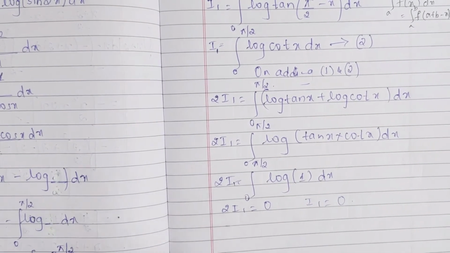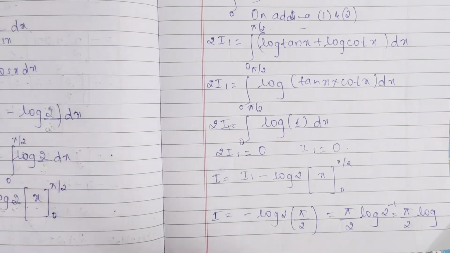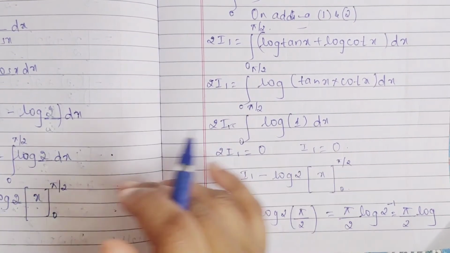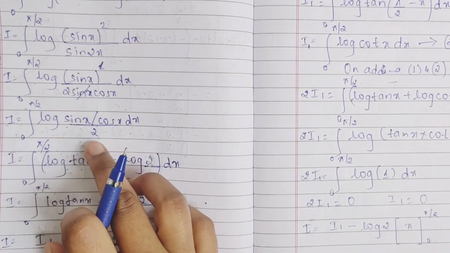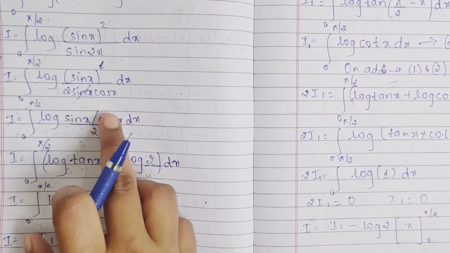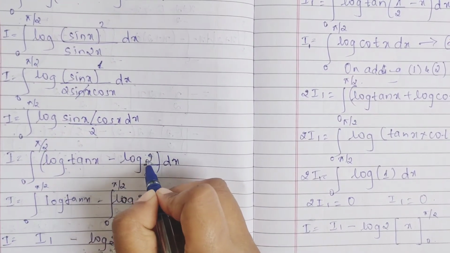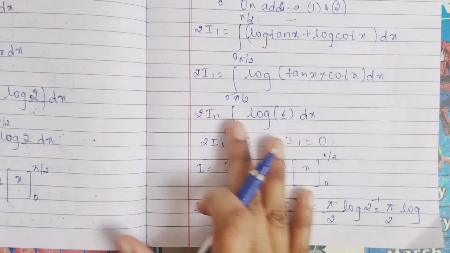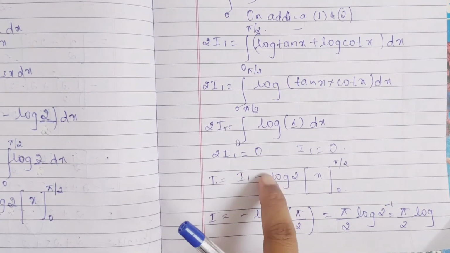So directly coming to your I. So I1, what is your I? I1 minus, see, it is log 2. Here we made a mistake when we applied log m by n. Log m is sin x by cos x, that is tan x. Log n should be log 2. By mistake I had taken 1 by 2, so make this correction. So next, this is 0, so minus log 2 x you had.